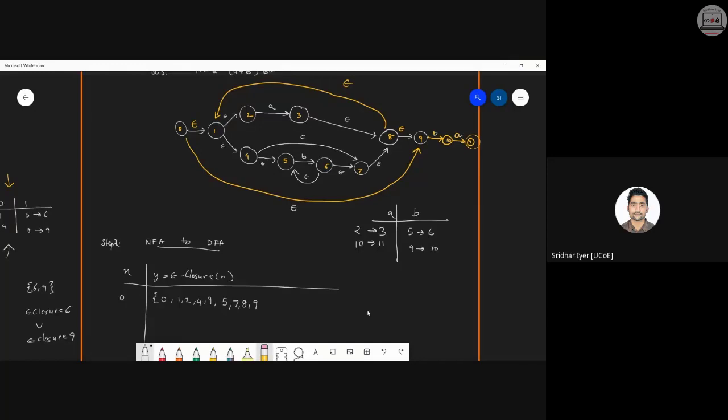I'm going through it once again. From 0 I can go to 0. From 0 to 1, 1 to 2, 1 to 4, 4 to 5. We cannot go further from 5. Okay. But from 4 we can go to 7. From 7 we can go to 8. From 8 we can go to 9. Anything else? From 0 we can go to 9. Correct. Kindly check this. Let me know if anything else needs to be added.